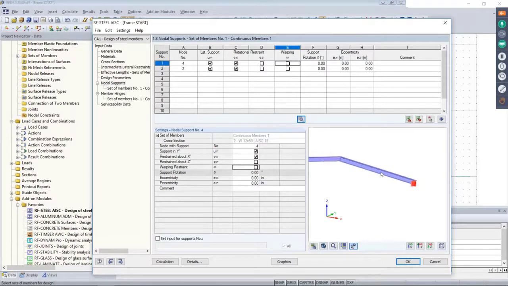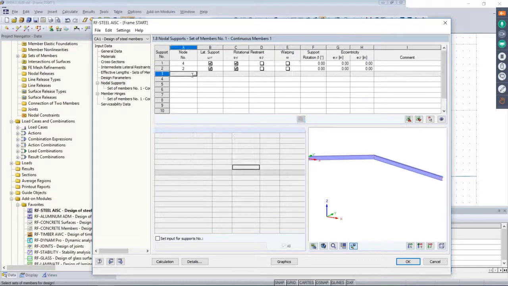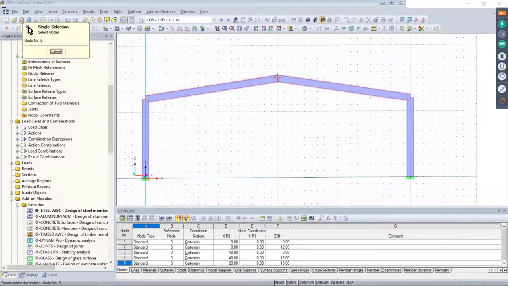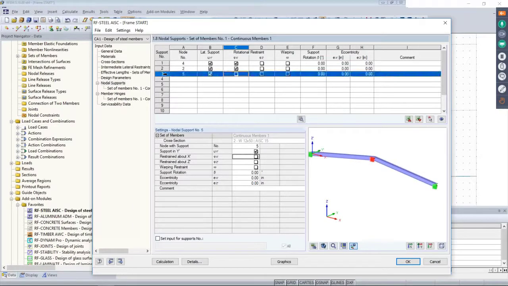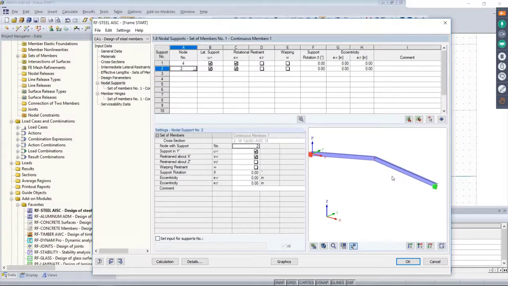Now again, this is only for lateral torsional buckling. That's all that we're using this for. If we had additional restraints along the member length, let's say we had a beam framing in, out of the page at the midspan, well, we could easily choose that node here, and we could add additional lateral support, but maybe we're free to rotate. So you can see that additional support added in here. Now we don't have that for our scenario today, but that is an option if you'd like to add it